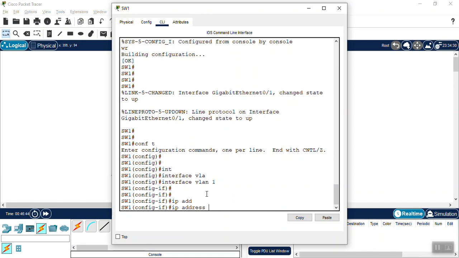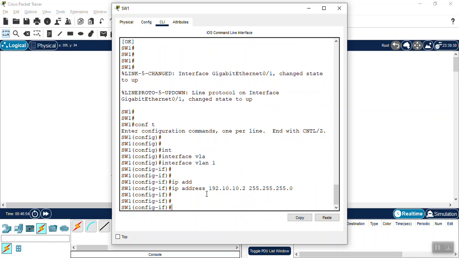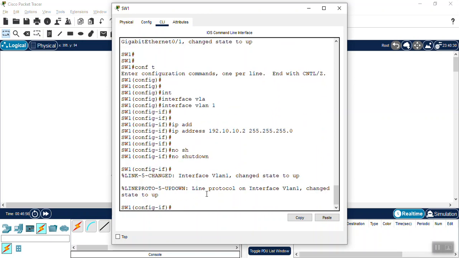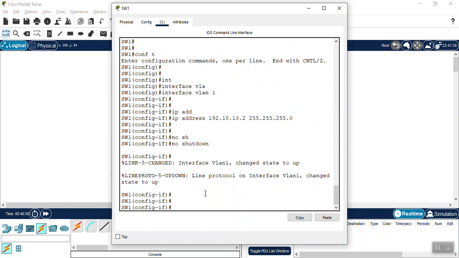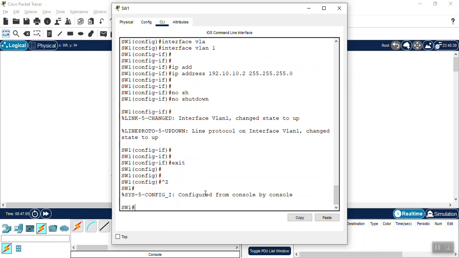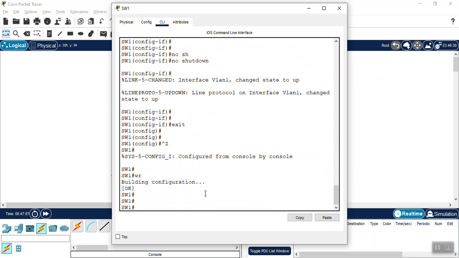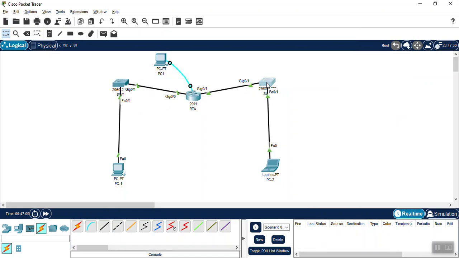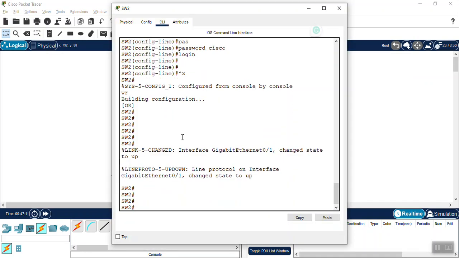So IP address 192.10.10.2 and 255.255.255.0 is the IP address, and no shutdown. Okay, your VLAN is up. Now exit from here and directly press Ctrl Z and WR, right, and now go to switch 2.